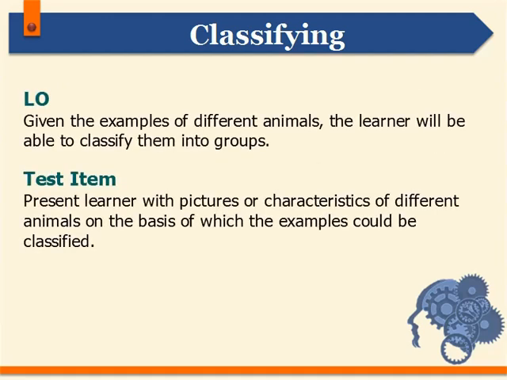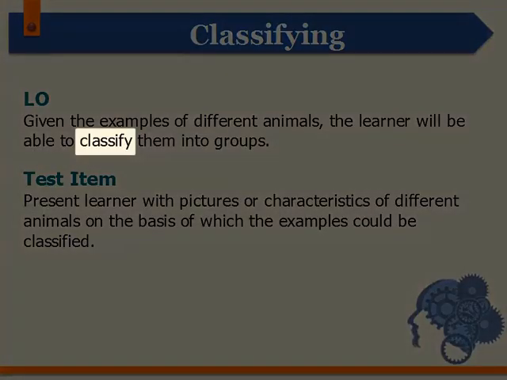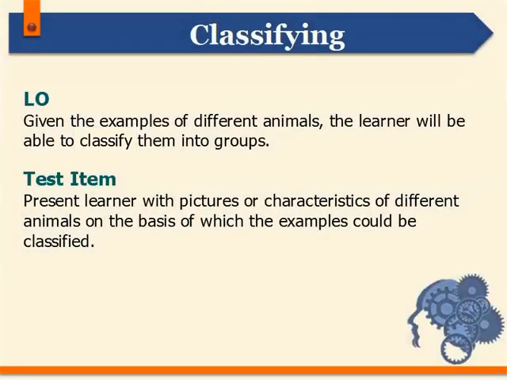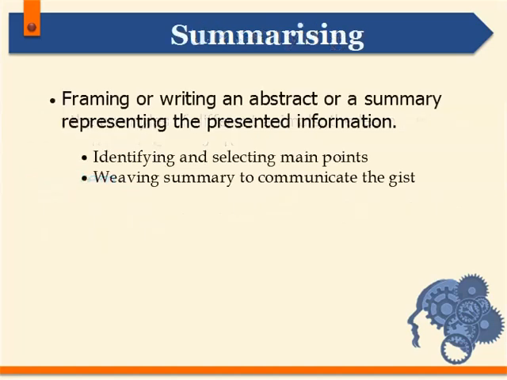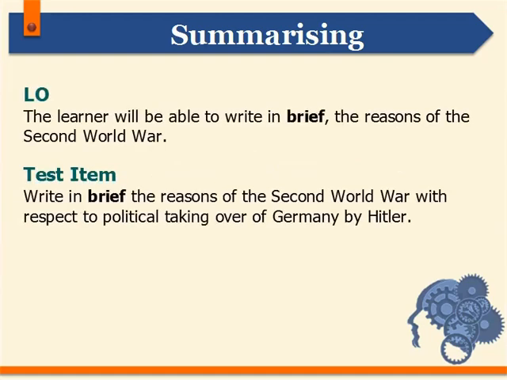The example of learning objective is, given the pictures of different animals, the learner will be able to classify them into groups. The test item could present the learner with pictures or characteristics of different animals on the basis of which the example would be classified. Summarizing occurs when the learner frames or writes an abstract or summary representing the presented information. An example of learning objective is the learner will be able to write in brief the reasons of the Second